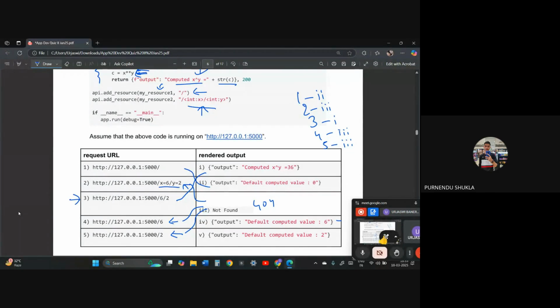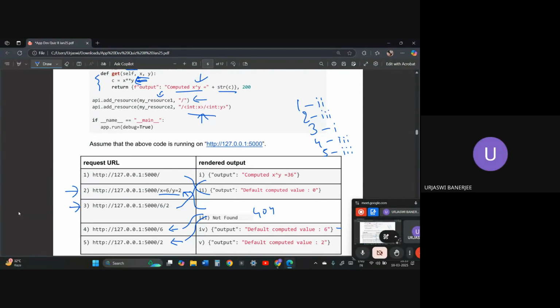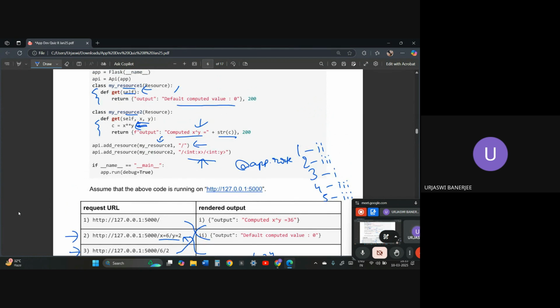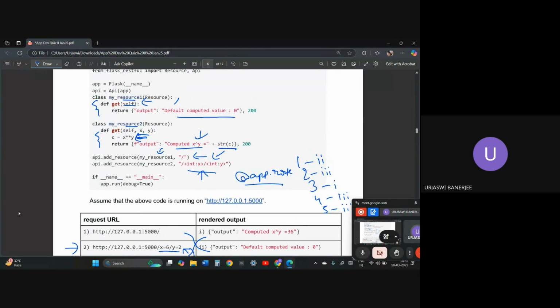Ma'am, second option, can you explain again? Yes, second option: APIs don't have the @app.route, right? APIs cannot really request the route like that. Whatever we are passing as the route inside of APIs, we are passing it inside of resources. We are adding those routes as resources. So that is the problem. APIs cannot request anything from the route except when we are passing it in a curl request in the command line, on the terminal.